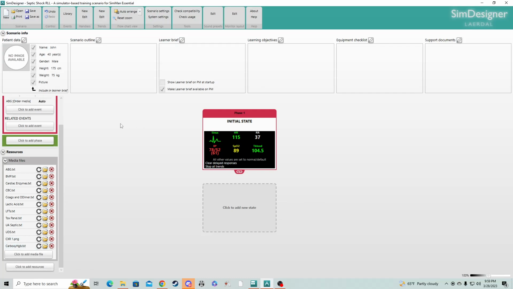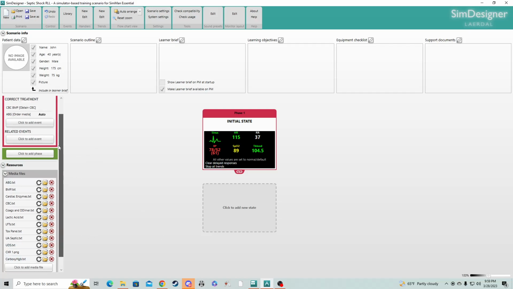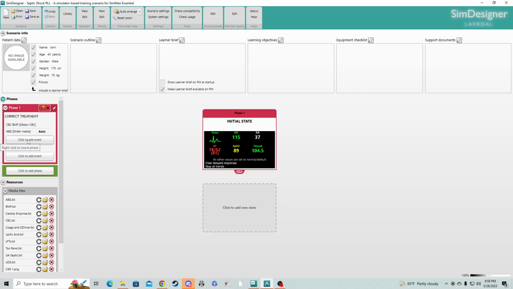So the next step we're going to do is create a button that pushes it to the patient's monitor. So we're going to say click to add event. Events are basically the buttons that we can use. We can also play around with these things if we want to diagram out our scenario, like if